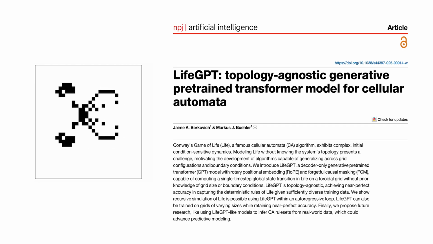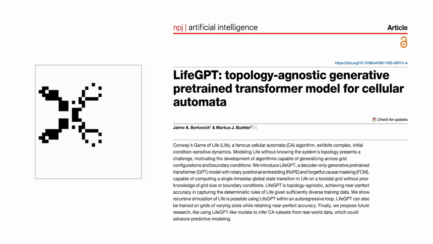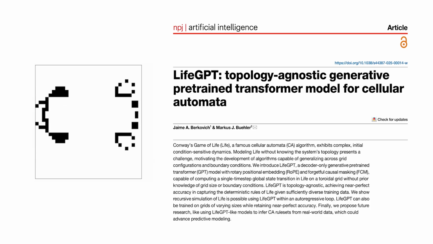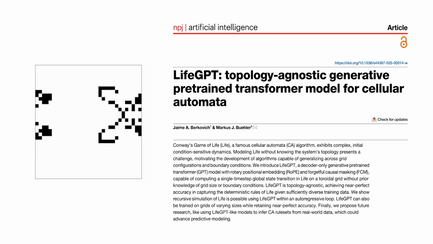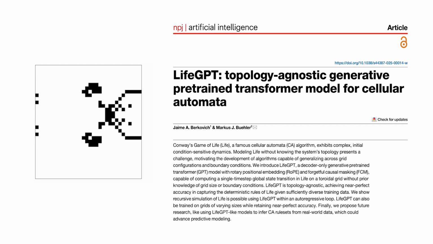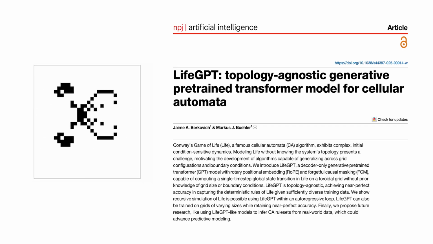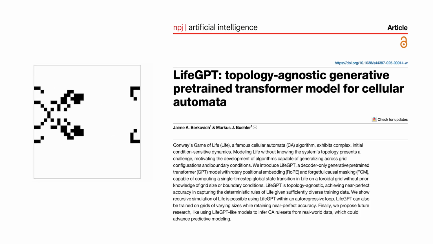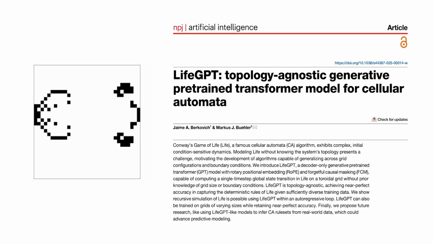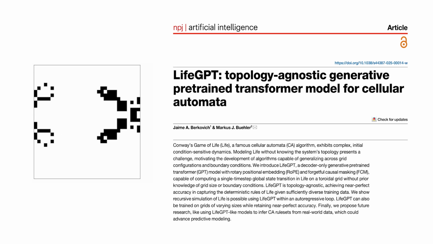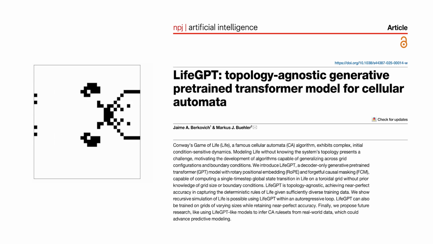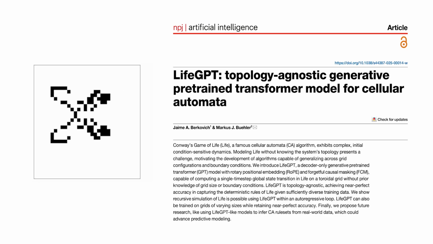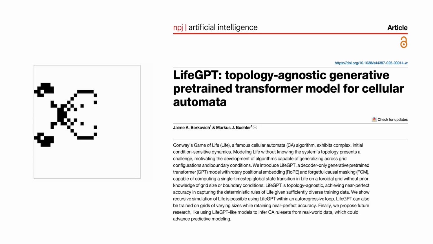Every so often in science, you find a system that is so simple to describe that it almost feels like a toy until you watch it move and realize it's hiding something deep. Cellular automata are exactly that. Think of a grid or a patchwork quilt. Each square is a cell that can be in a state like 0 or 1, off or on, dead or alive. At each step in time, a cell looks at the 8 squares around it. This is called the Moore neighborhood, and it updates its own state according to a simple rule that depends on those neighbors. That's the entire recipe.